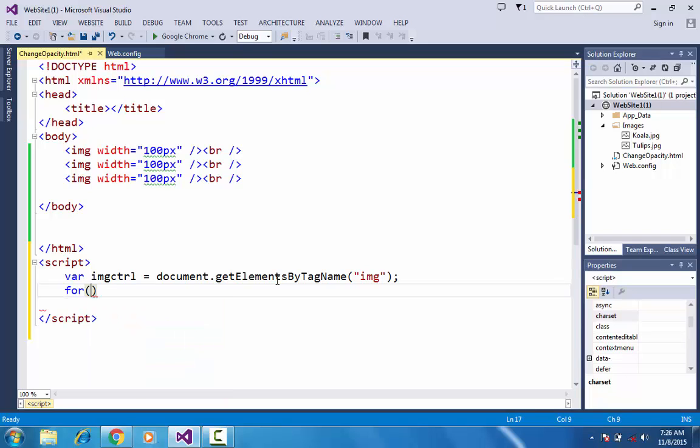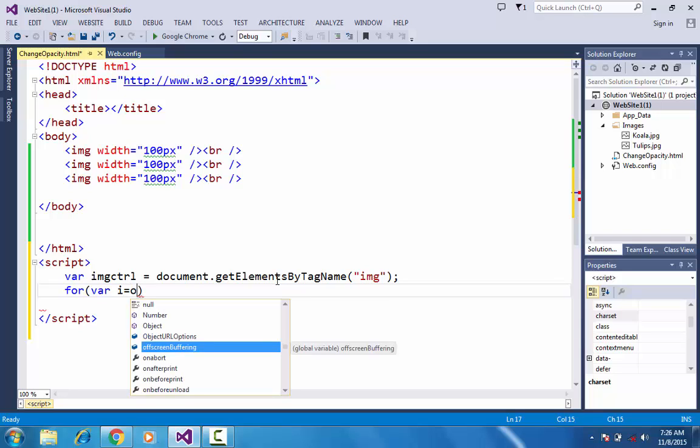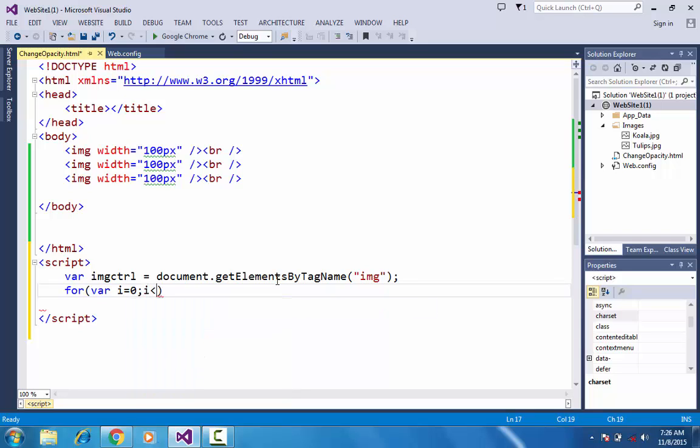Let me create a for loop. We know that the image array starts from the 0 index, so that is why I have to start from 0, and I smaller than image control dot length. Length is a property by which we can get the length of the image array. Okay, so increment it.